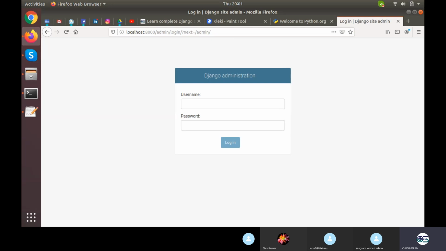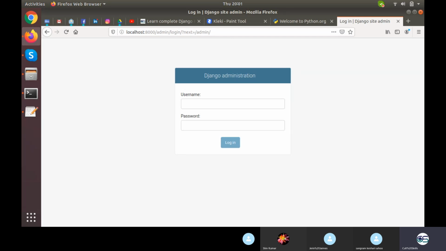In 5 minutes, you have a basic web page running with no business logic, and an admin panel ready for you, which you can just customize in 5 or 6 lines of code. That is all that is required to customize this admin panel and use it for your purpose. Okay, so this is the basic power of Django. It demonstrates the power of Django.